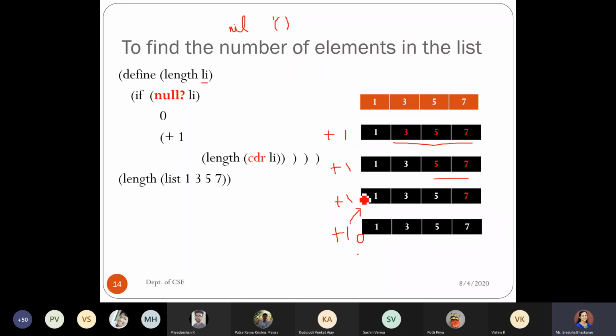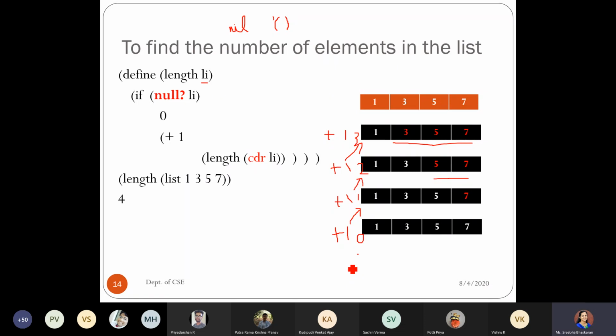So you will have value 1 here. So 1 plus 1, you will get the value 2 here. So 1 plus 2, you will get the value 3. So 3 plus 1, which will be 4. So like this, your final output value 4 will be updated.